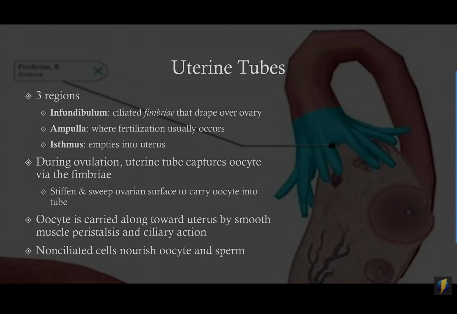The oocyte is carried along the uterine tubes by some smooth muscle action, so a little peristalsis, little cilia. The cells lining the uterine tubes are ciliated, like a little conveyor belt, moving the oocyte through the oviduct. There are some non-ciliated cells that help nourish and sustain the oocyte as well as the sperm, because when a sperm